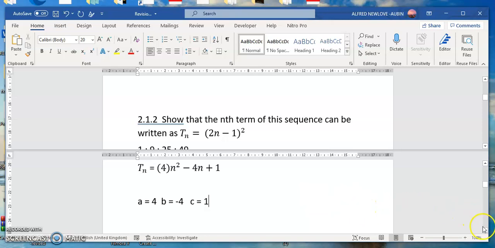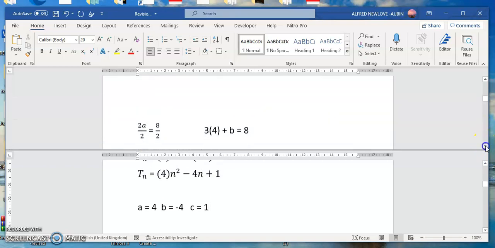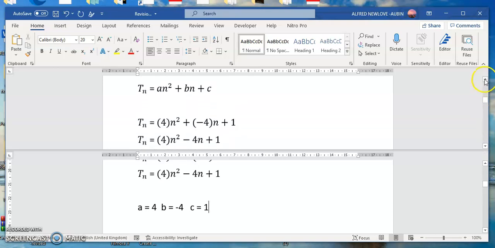We are going to substitute it into the equation. Now, if we substitute into the equation, into the quadratic equation,